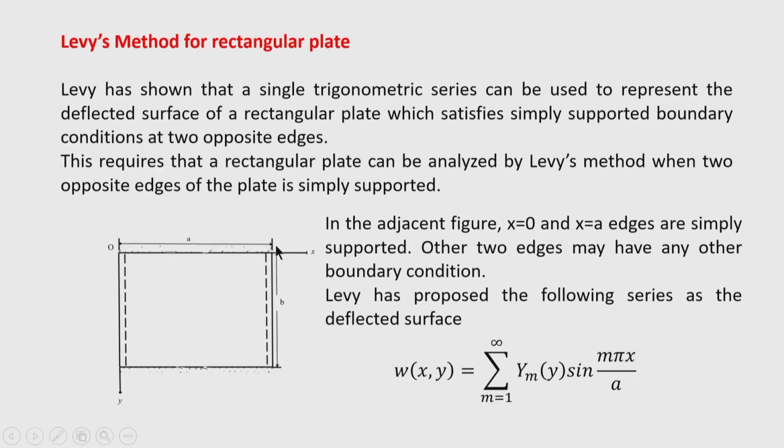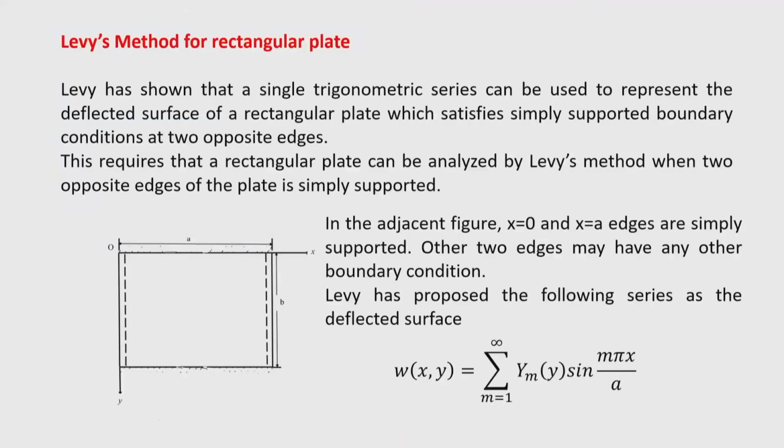So, in both the edges deflection is 0. So, when we consider the bending moment condition, that is the bending moment is given by minus D, then multiplied by the curvature in x direction plus mu into curvature in y direction. So, since the plate is supported along the y direction, there will be no deflection along the y direction at the edge. So, therefore, curvature is 0 along this x edge, x is equal to 0 or x is equal to a edge. So, therefore, the boundary condition for bending moment only reduces to the curvature del square w by del x square equal to 0.